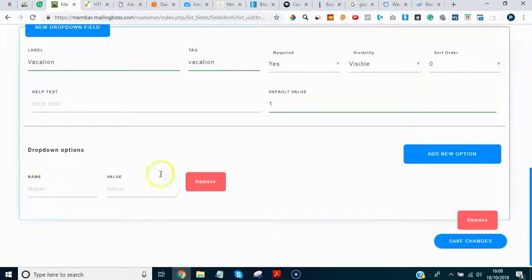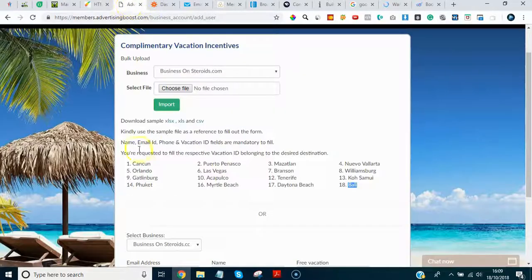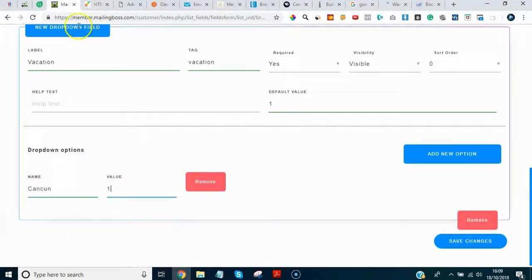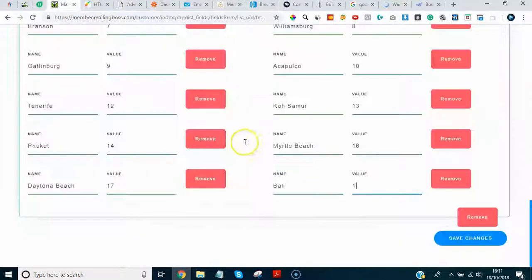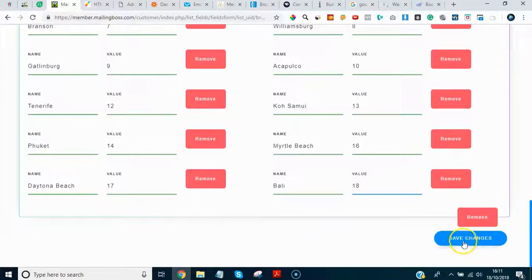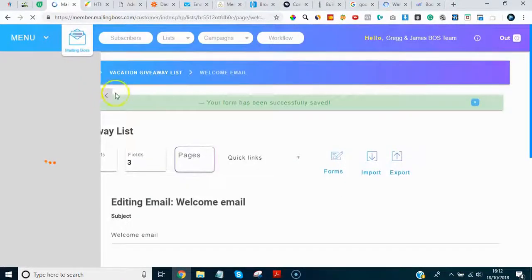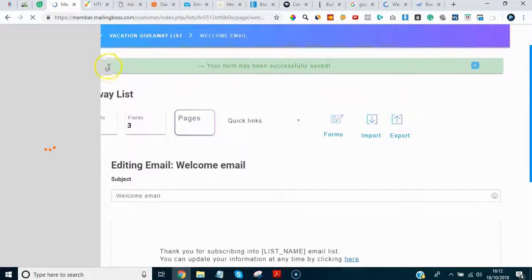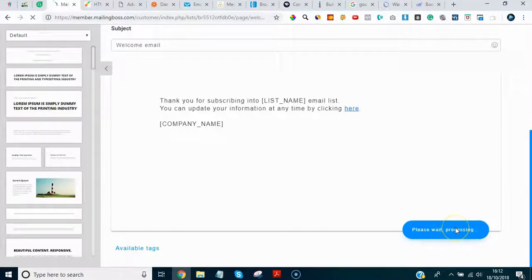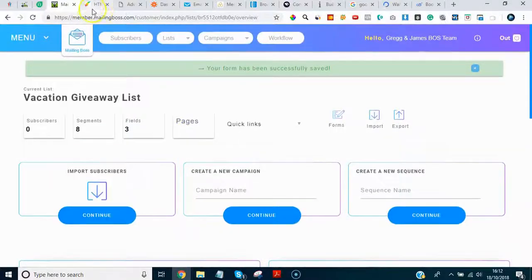So here we've got the name and the value, and I'm going to come over to Advertising Boost, and I'm going to copy all of the vacations that we can get, and then when that's done, let's save changes. And we're not going to have a welcome email, so welcome emails are turned off by default, so just hit save and next, and come into the editor,